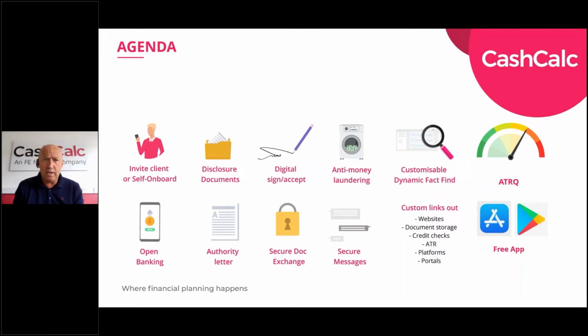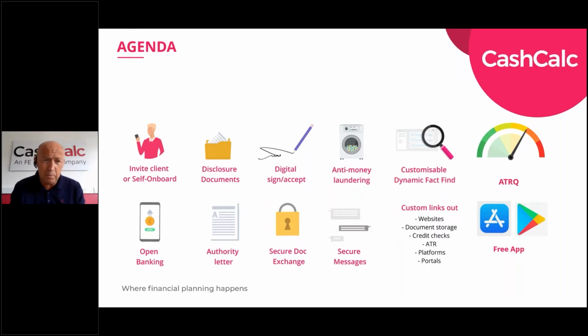So what I want to look at today is about how we onboard that client and go through the fact finding process. But as you know, at the same time as the fact finding process, we have to look at the second item on there, which is disclosure documents, and whether we want to get the client to digitally sign that document or something else. We've got to go through AML with the clients before we even think about getting to the fact find. I'm going to touch on looking at an attitude to risk questionnaire, and maybe even just touch on open banking,